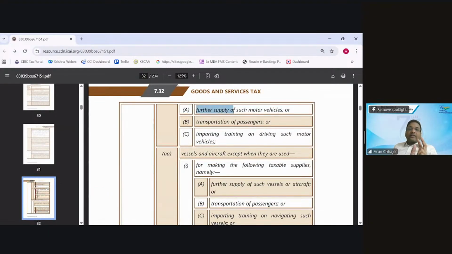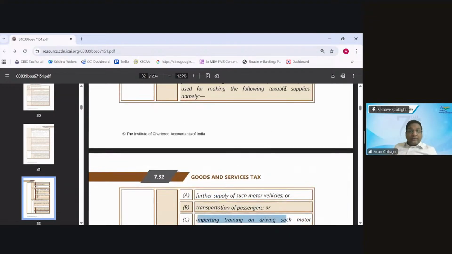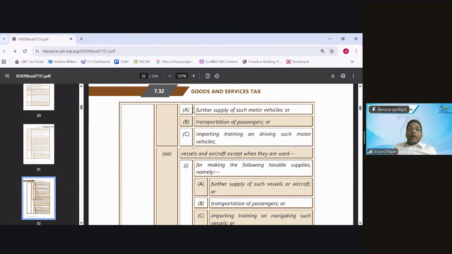Clause A, further supply. Clause B, transportation of passenger. Clause C, imparting the training. And it should be the taxable supplies. It means you are doing purchase and sale of that motor vehicle, you are doing transportation of passengers, and further you are imparting the training. Out of which three,